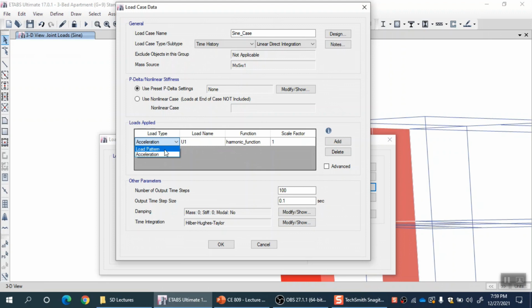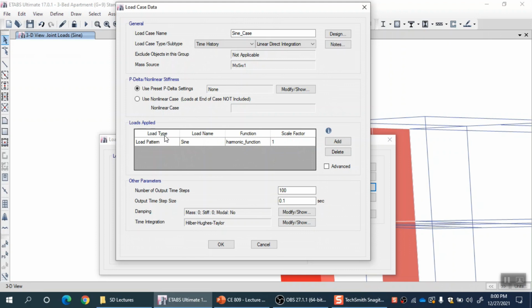So let me go for load pattern, select the name of the pattern as sign, and I myself know that sign pattern has one applied loading of 1000 Newton in the x direction of that particular node, and the function will be selected as harmonic function. And if you want to apply any scale factor, any multiplier to your applied loading for any purpose, you can give this number here.